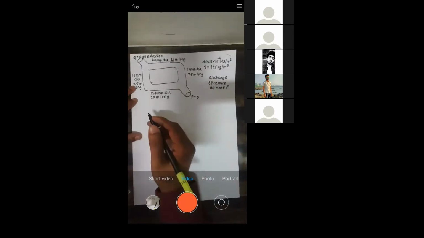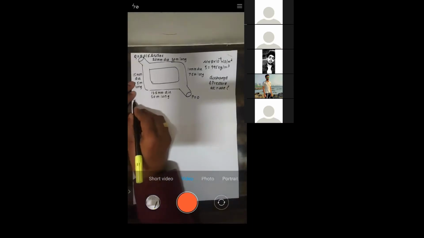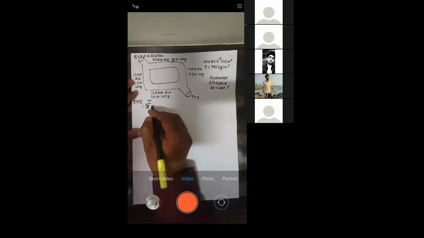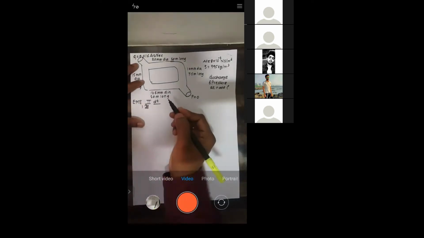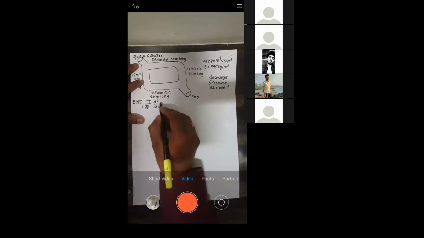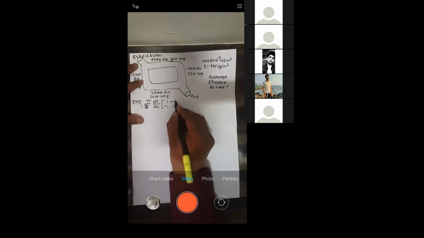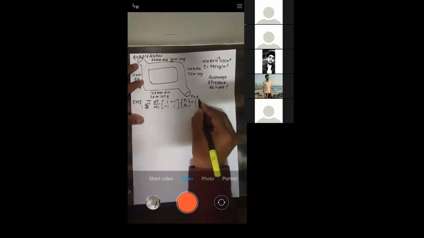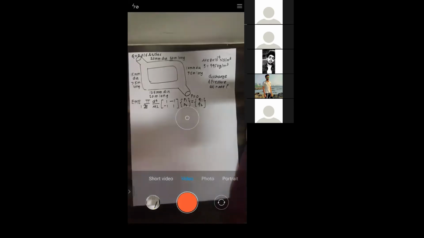See, the problem belongs to which field? This belongs to the fluid field. So its element matrix equation is given by pi by 128 d raised to power 4 over mu L, into the matrix [1 -1; -1 1], into [P1 P2], because these are the pressures, is equal to the discharges [Q1 Q2]. But before applying the element matrix equation, you should know the elements and the nodes, right?